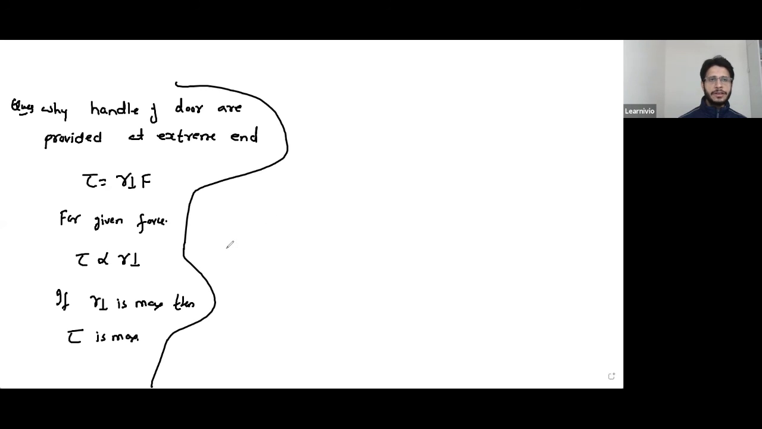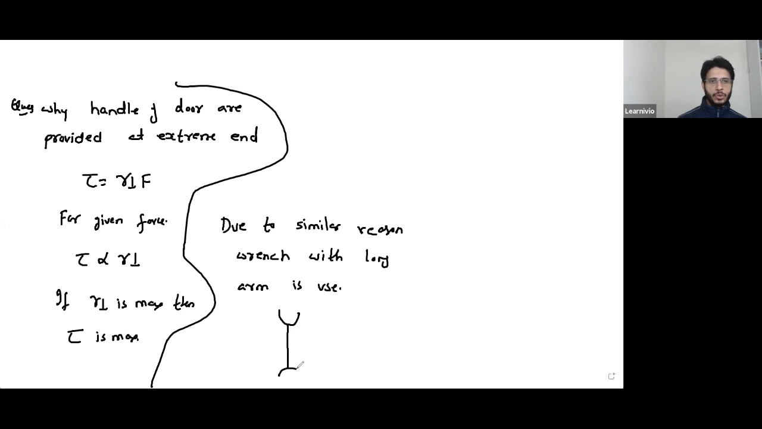Due to a similar reason, a wrench with a long arm is used. So this is a wrench which is used to open a bolt. Usually a wrench having a long arm is used, so that R perpendicular is maximum and torque is maximum. So if you get conceptual questions like this on a door or on a wrench, the answer is